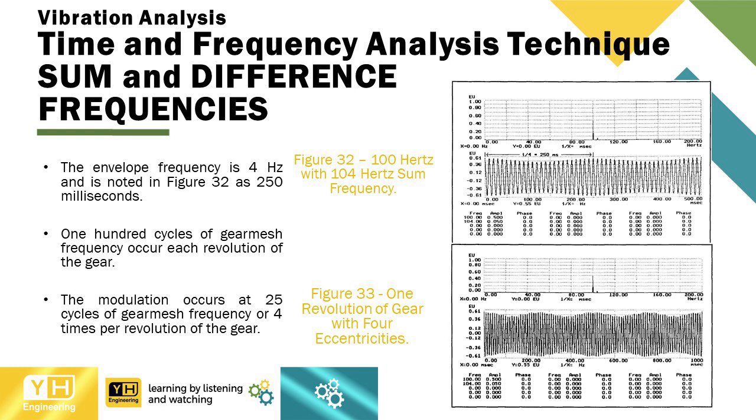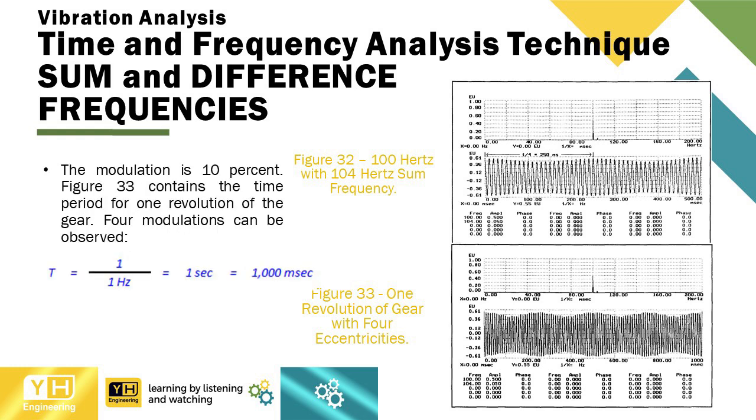100 cycles of gear mesh frequency occur each revolution of the gear. The modulation occurs at 25 cycles of gear mesh frequency, or 4 times per revolution of the gear. The modulation is 10%. Figure 33 contains the time period for one revolution of the gear. For modulations, this can be observed as in the equation: t equals 1 divided by 1 Hz, equal to 1 second,